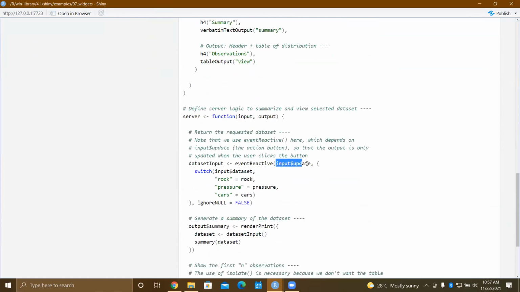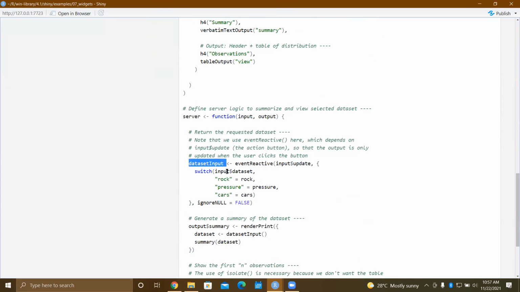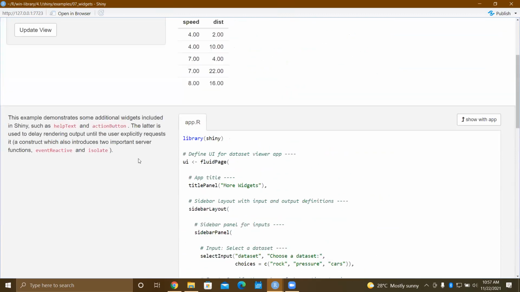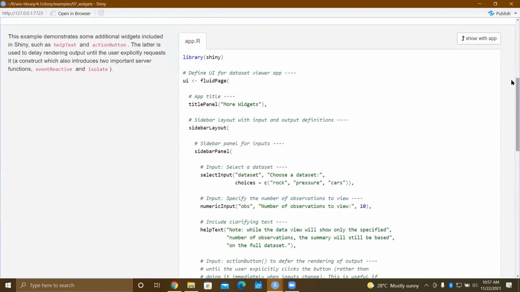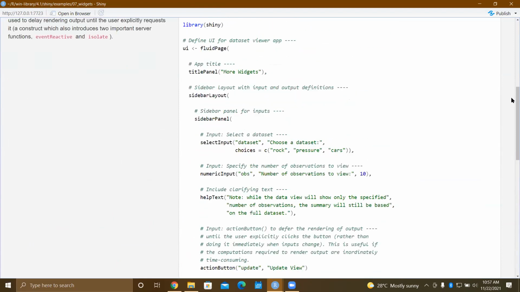When input update gets triggered, anything inside the brackets will get triggered. The dataset input it is getting is input$dataset. After I click the update button, the dataset I have selected, which hasn't changed yet, will be passed in. When I click the update view button, dataset input will get what I have selected.